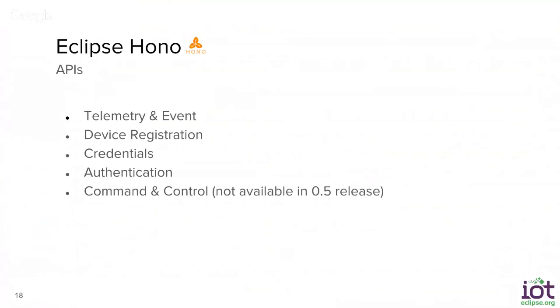Benjamin, I didn't really understand your question. Was that 1M to M? Lightweight M2M? Oh, lightweight M2M. Yeah, lightweight M2M itself is not a device communication protocol, but a management protocol on top of CoAP. From my current understanding, the way I would approach this today is to have a CoAP protocol adapter and then have a lightweight M2M application as a business application downstream that is using Hono in order to interact with the device.